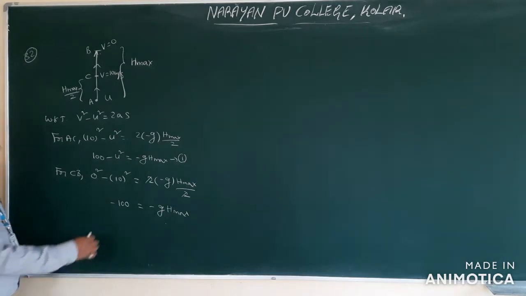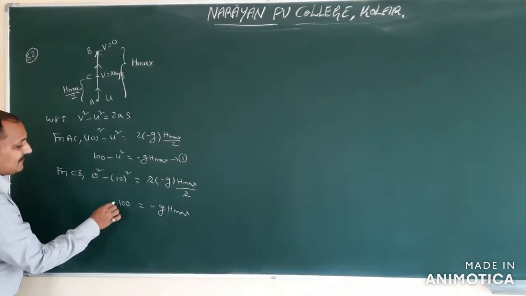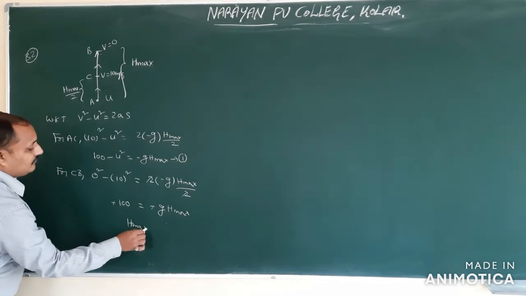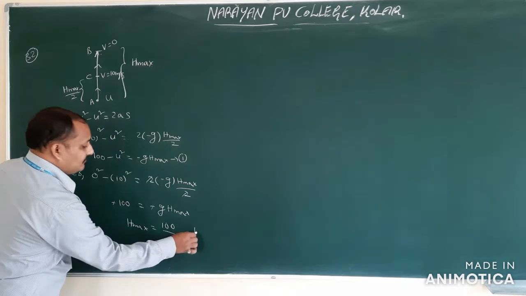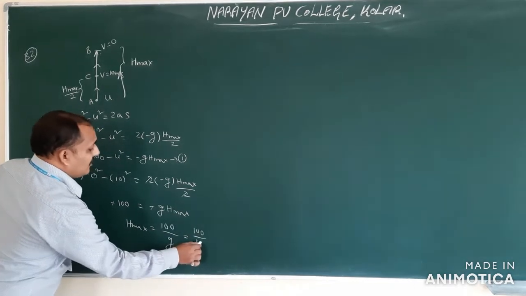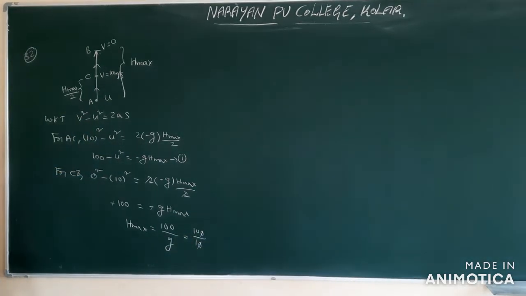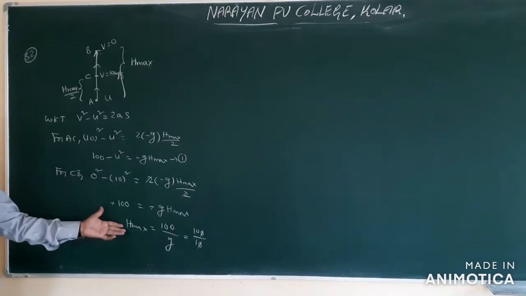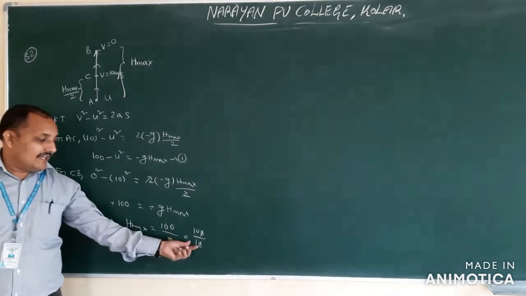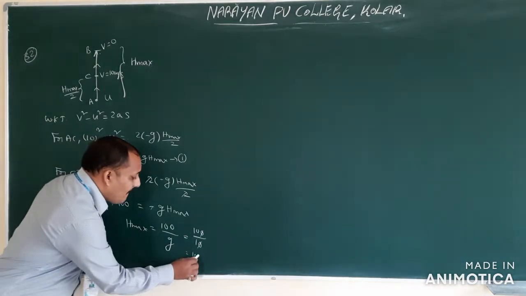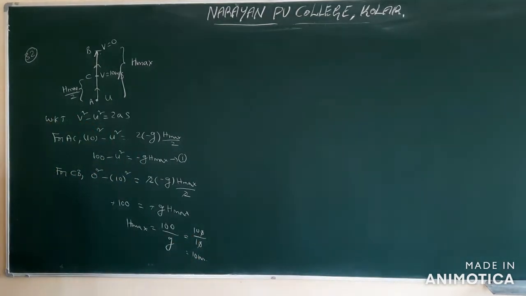Isn't it? Now, h maximum is equal to 100 by g. G value how much? So G value you will be coming to know, that is nothing but 10. So you got h maximum value how much? 10 meters. Okay. So by using second equation also you got. So generally again by taking this equation, now h maximum, g value you will take 10. The final answer is 10 meters. Next question. Question number 33.